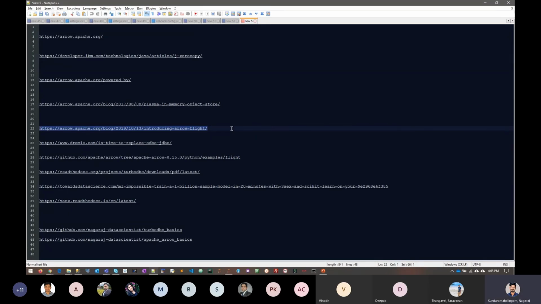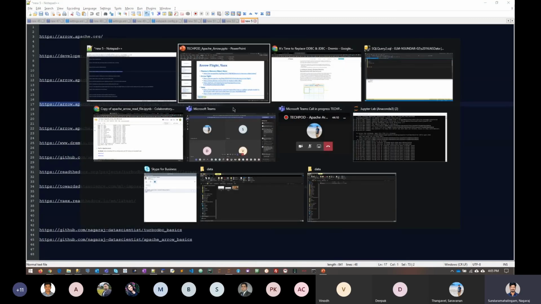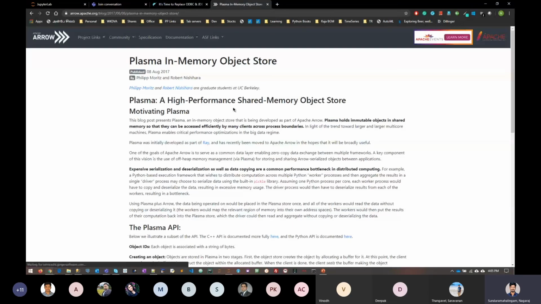Again, with a Plasma object, you can store the data in memory, and then other processes on the same machine can access that in-memory object and retrieve that data. Currently Plasma supports Linux and Mac OS.